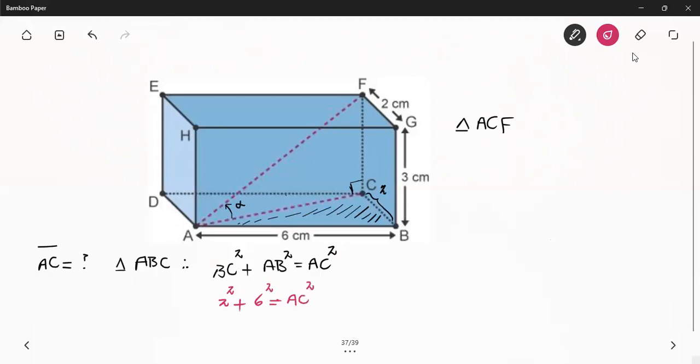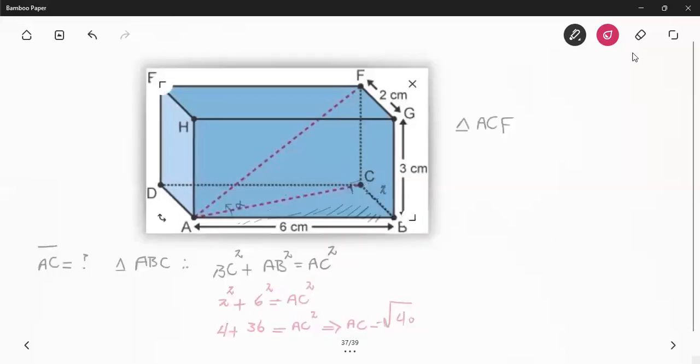Then I have 4 plus 36, which is 40, becomes AC squared. Then as a result, AC is the square root of 40. Because 36 plus 4 is 40. Then you see that this length, which is AC,